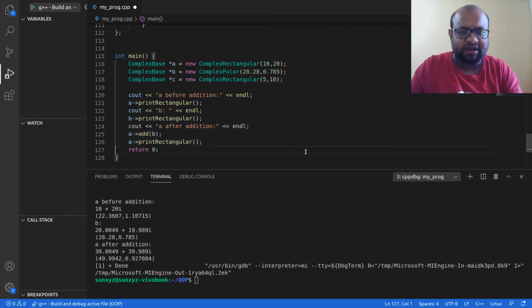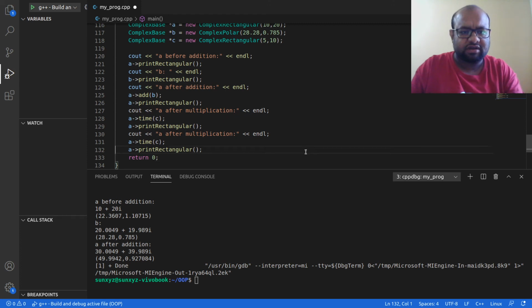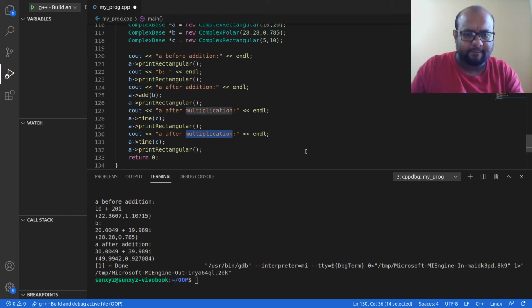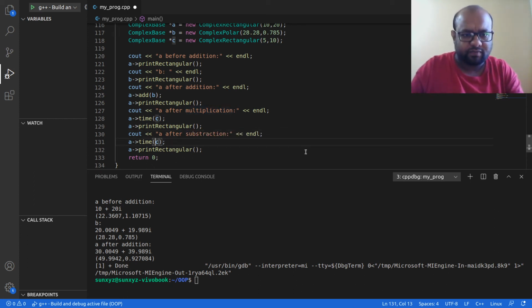Now let me print A after multiplication. I am going to multiply C to A, and then I am going to subtract B from A after this multiplication. So this is what I have.